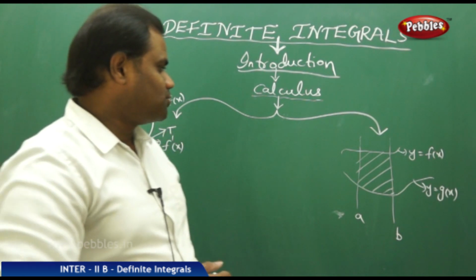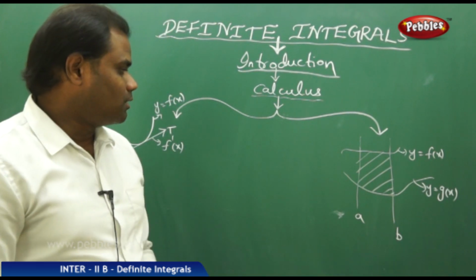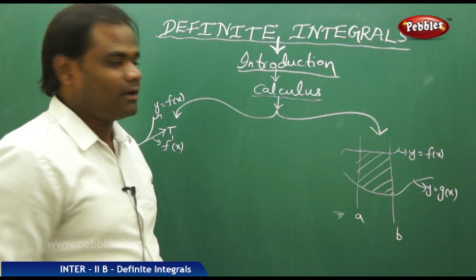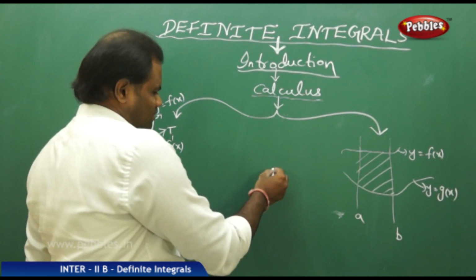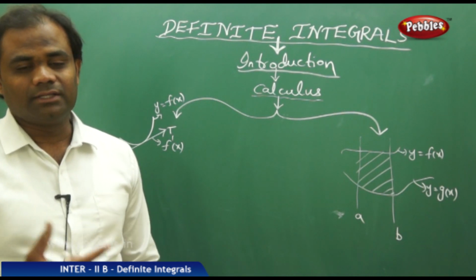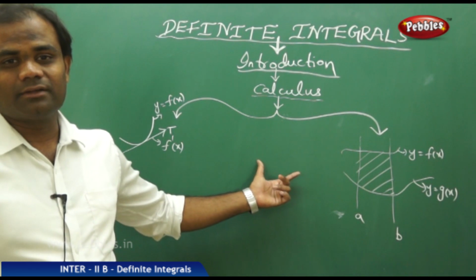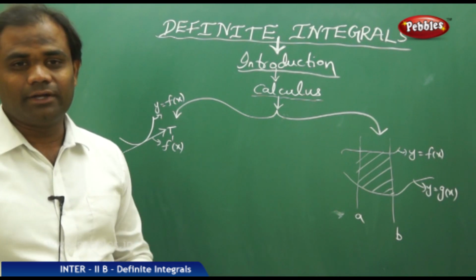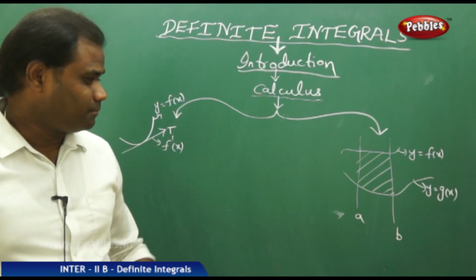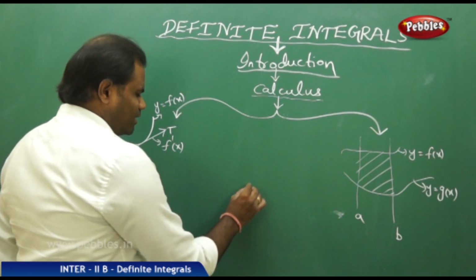Similarly, the next geometrical concept which was unresolved by the mathematicians was finding the area of the curves. If I have perfect shapes like a triangle or a rectangle, we can easily find the area of a triangle, rectangle or parallelogram, etc. But what if the curve is irregularly shaped? How do I find the area of